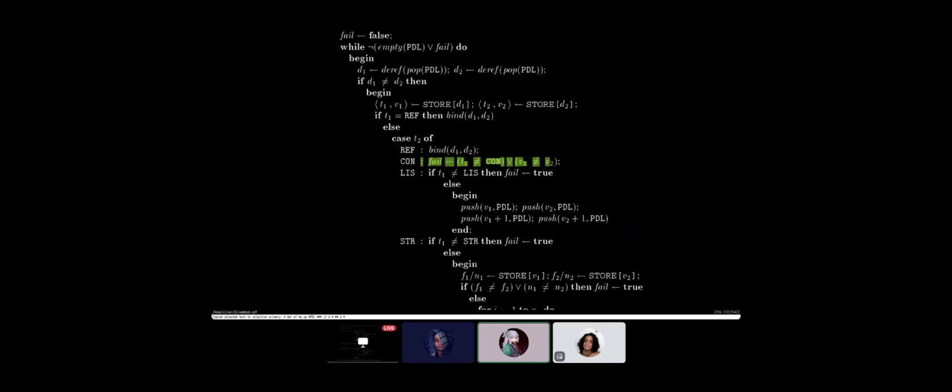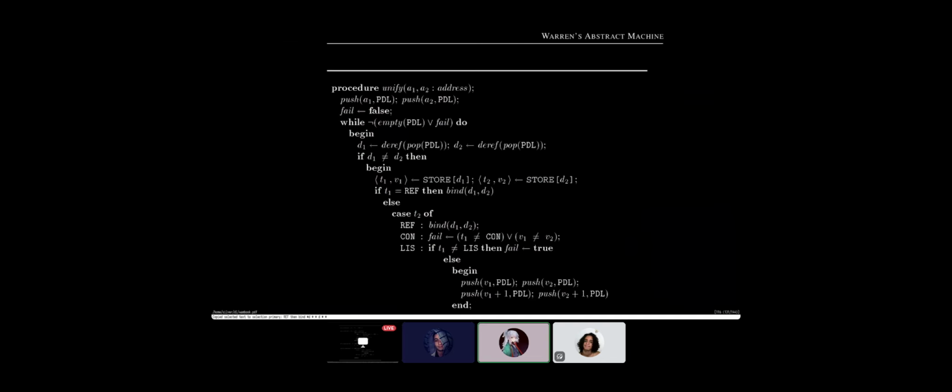Look, it's pushing A1 and A2 into the PDL, then popping the PDL twice, so it's going to grab these two first, right? Yeah. Then it's dereffing them. And if they are different, then if one of them is a constant and the other is not a reference, can't we just get the values by using the ref cell instead? No, because the argument type is wrong. Well, assuming that A1 and A2 are actually cells instead of addresses. I don't know how we're gonna do the PDL trick, but the derefs... yes, we can. We just have to change some types around, but it should work.